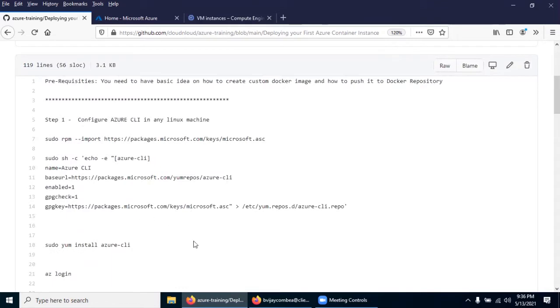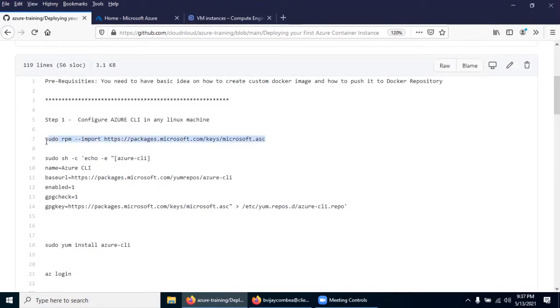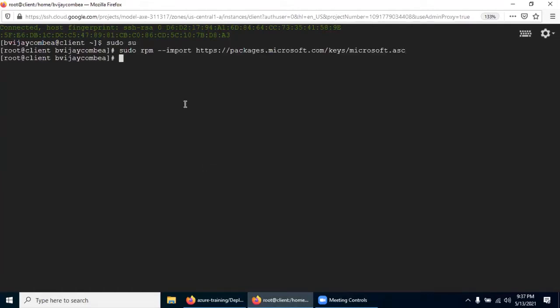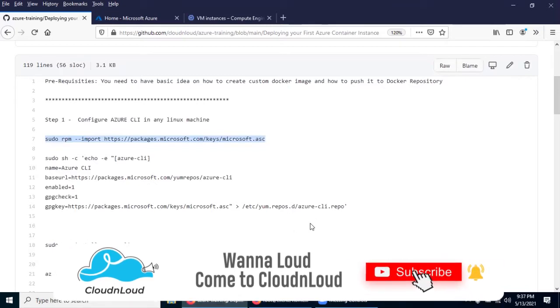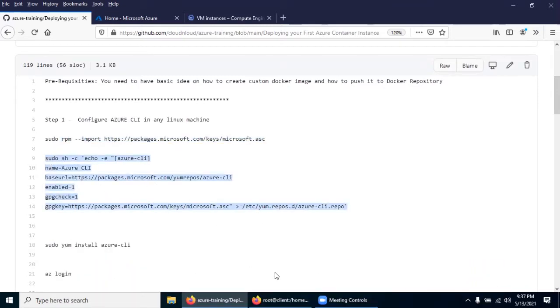So let's start. I have one CentOS machine logged in. On that CentOS machine, I'm going to execute this command first. So let me log in as root. It got imported, and then I'm configuring the repository.